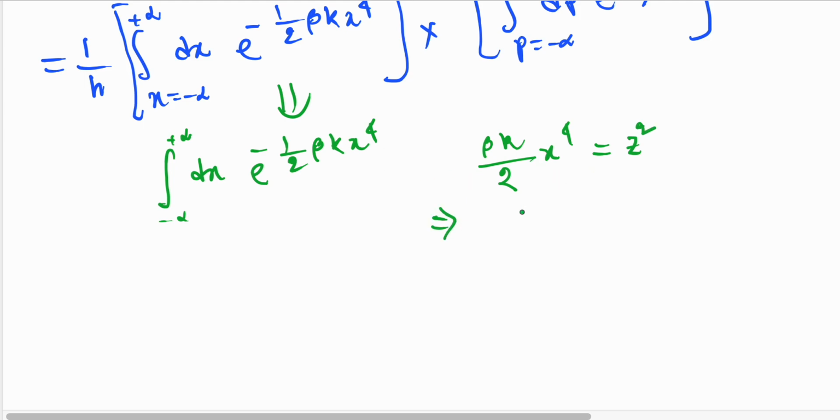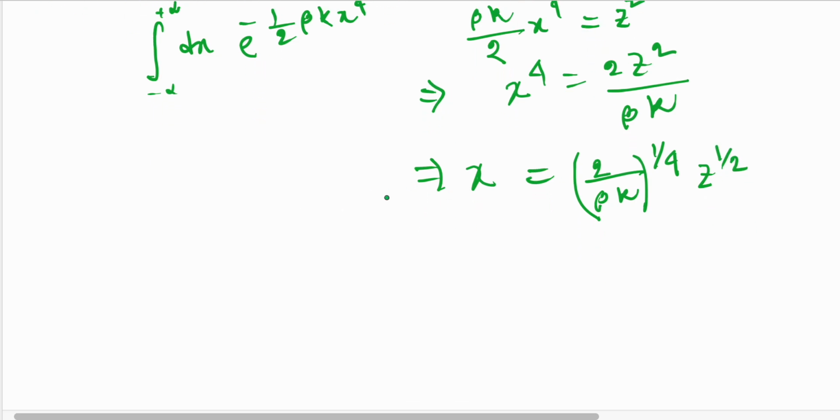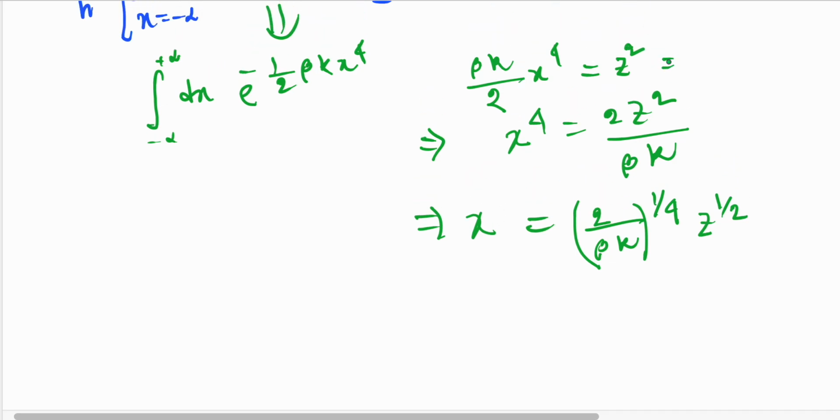That means x to the power 4 equals 4 z squared by beta k, which means x equals (4 by beta k) to the power 1/4 times z to the power half, right? And x equal to that, and z equal to